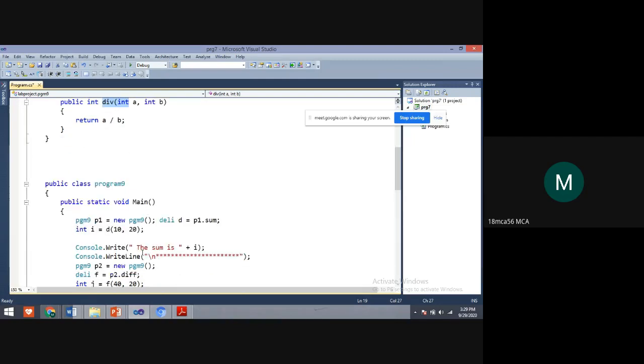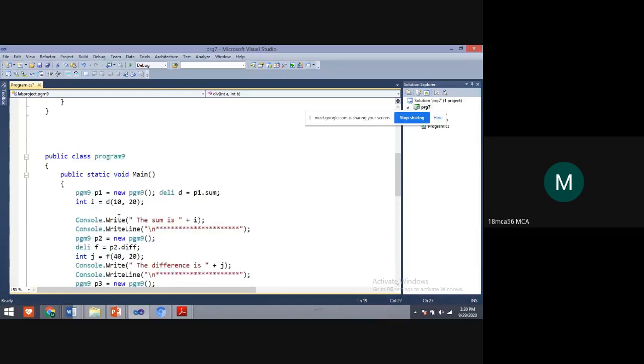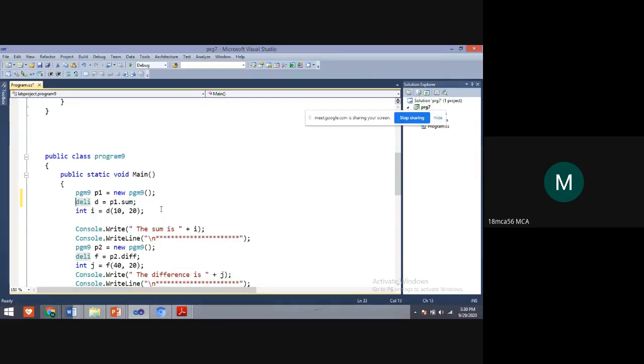Yes, students, we know that with the help of an object, we pass the values to the method. Correct? With the help of an object, we pass or access the values. If you want to access the value, then we use this object. Here, the object I have created is P1.